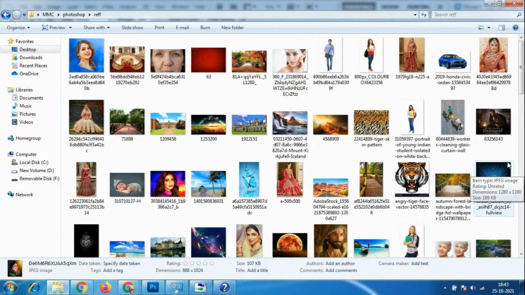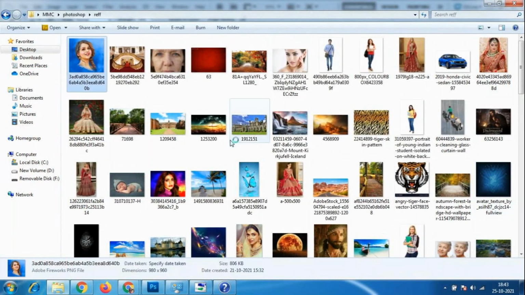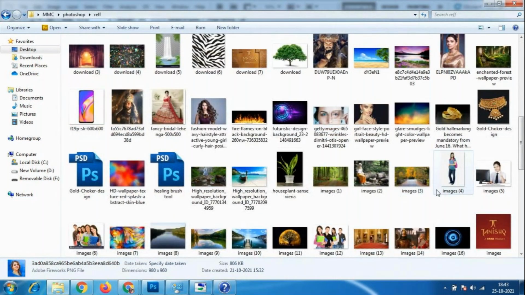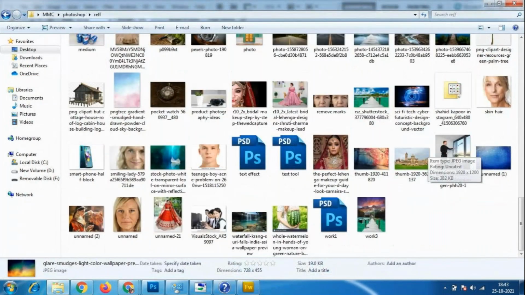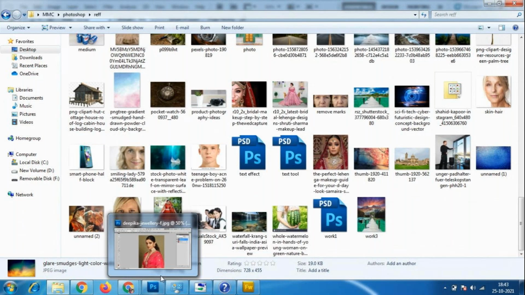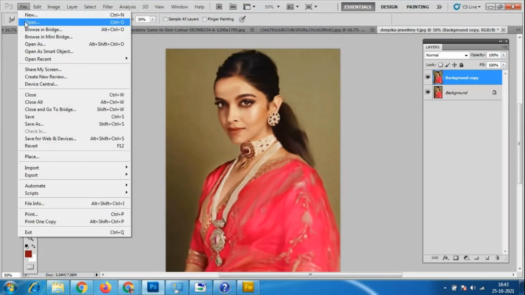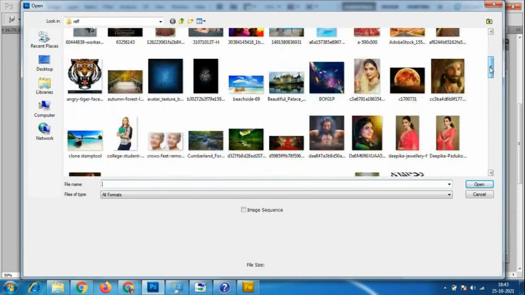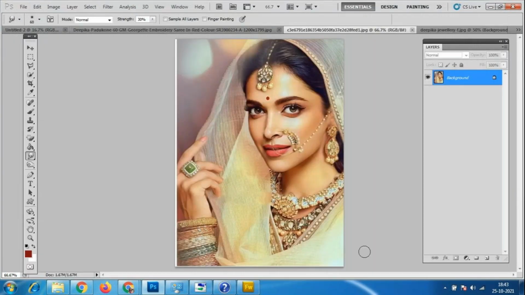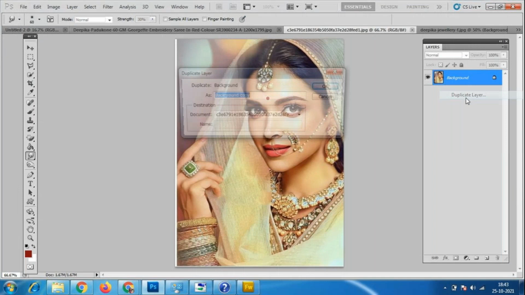Even this is also the smudge tool. We can add the colors for the hair, otherwise even we can take the background like this. Okay. Just take a duplicate copy of this.